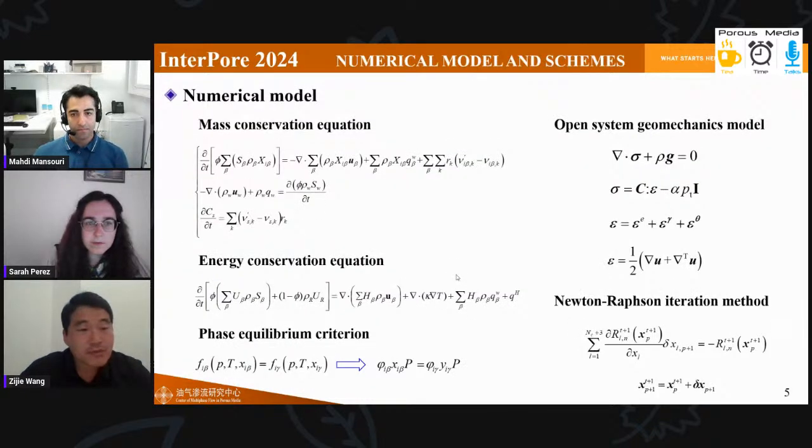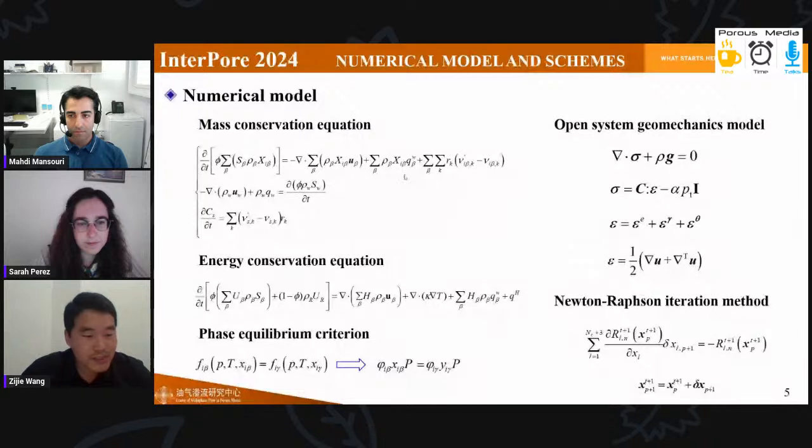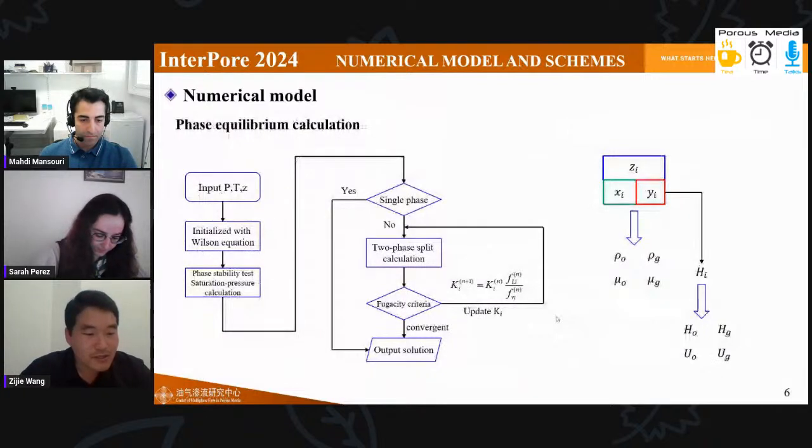Now I'd like to turn to the numerical model and schemes. Here we develop its involution, heat loss, and formation subsidence. Then the conservation equation and the OSD model are numerically discretized according to FVM and FEM respectively, and solved with the Newton-Raphson iteration method. To calculate the fluid properties,